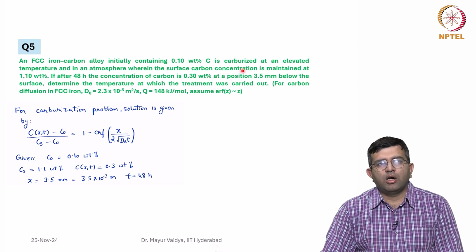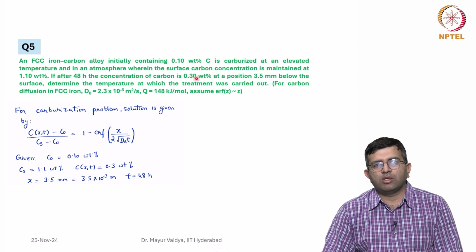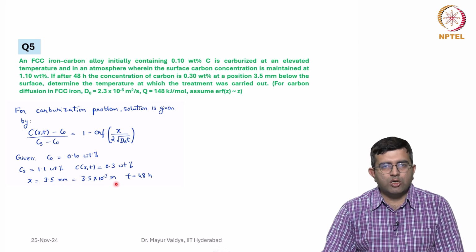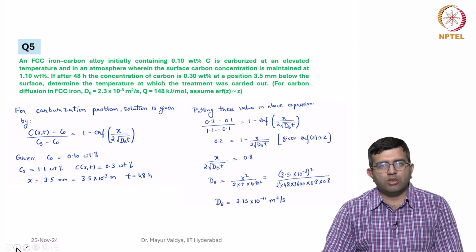The surface carbon concentration is maintained at 1.1, so Cs is 1.1 weight percent, and C of x comma t means the composition of interest. Here x is equal to 3.5 mm, which we convert into meters, and time is equal to 48 hours. So, if you put everything here,